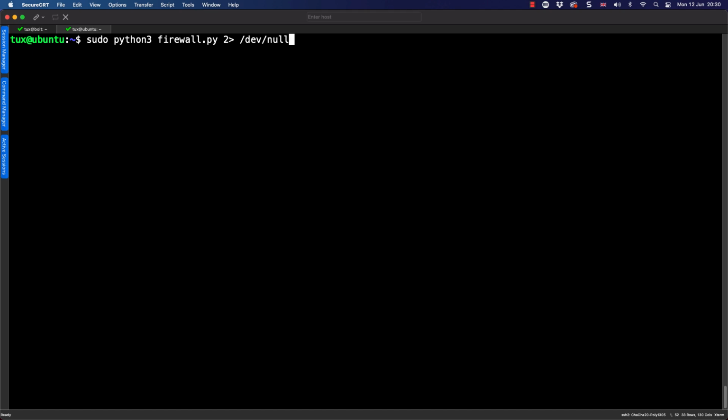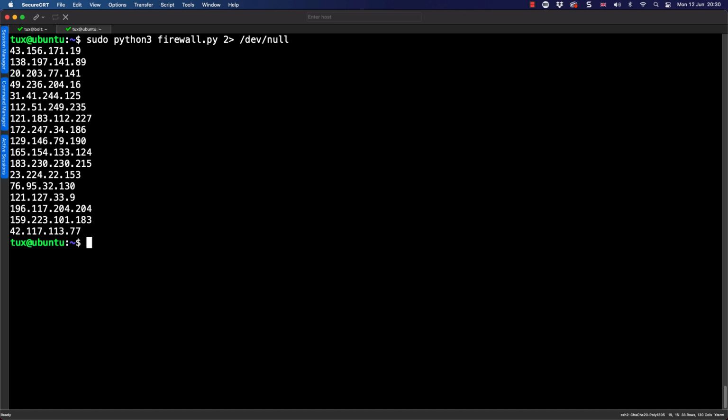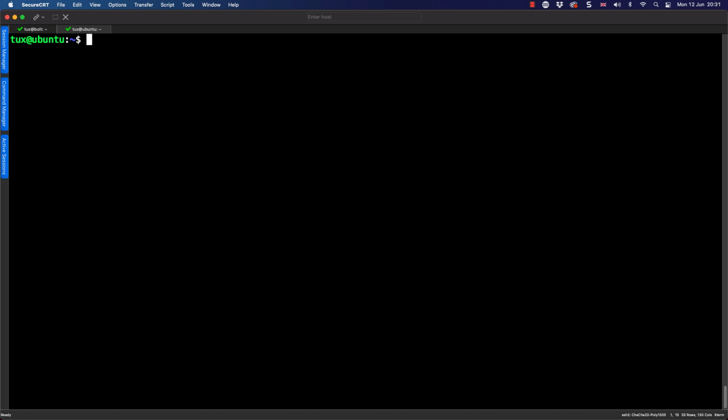Remember that error output we're not too bothered with. It's really just telling me that I'm running as root, but I'm in another user's home directory. We can see then the IP addresses, and if we go through now and count those, already then we've had 17 IP addresses trying to break into our system, either maliciously or accidentally.